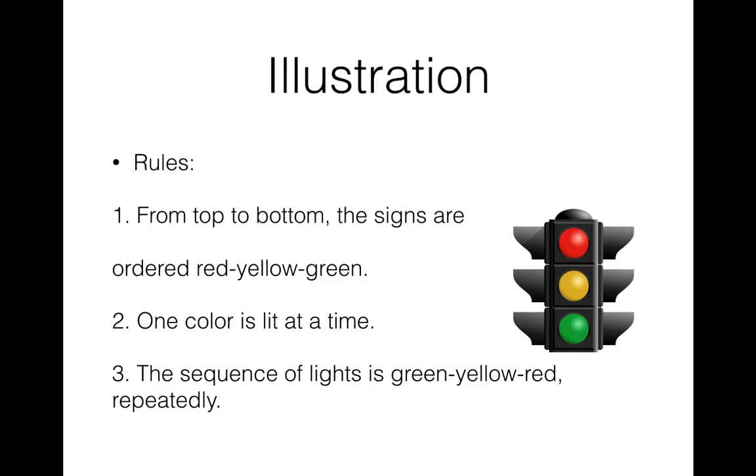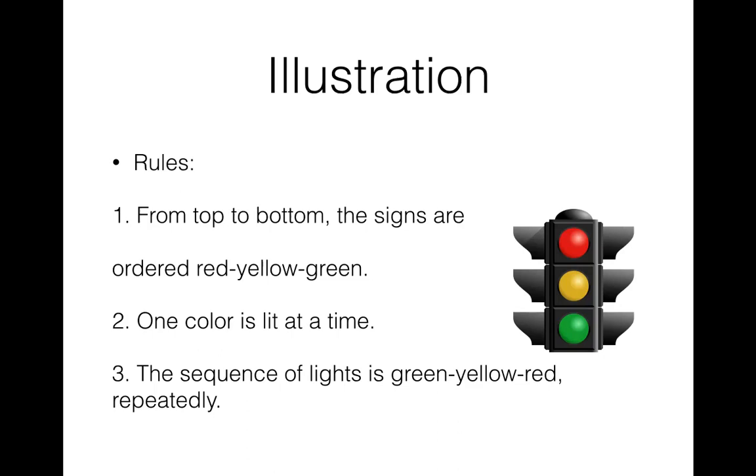The reason being that if you are an American driving a car in Italy, you don't really want to have the opposite sign system, because your mind is just so tuned to seeing red, yellow, and green, right? So you want to keep that universality of the ordering. Only one color is lit at a time. Again, like I said, if you have multiple colors lighting, it's really difficult, and it adds to ambiguity and confusion.